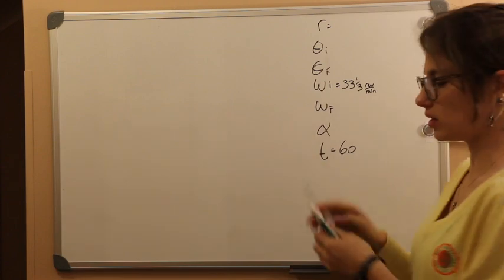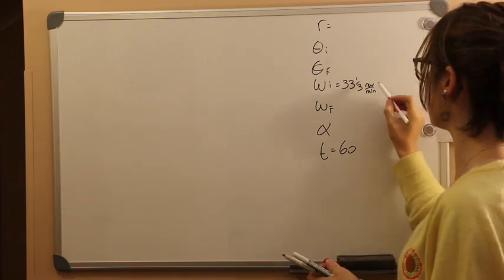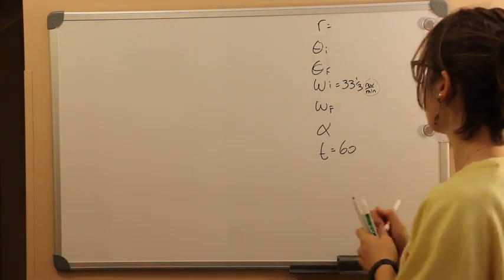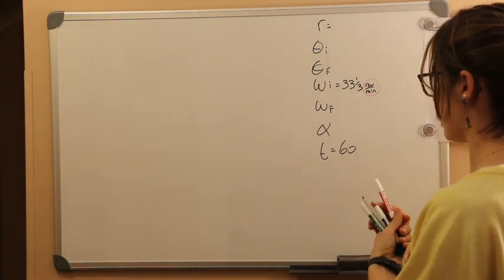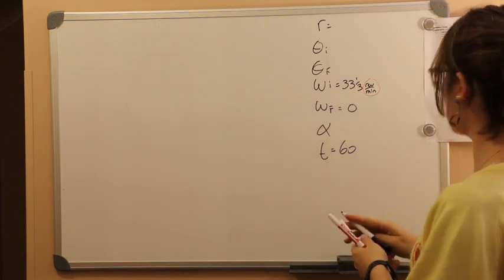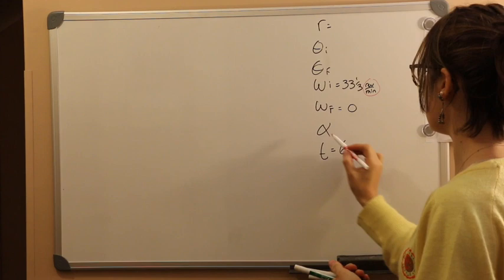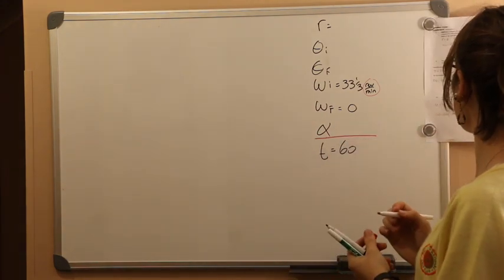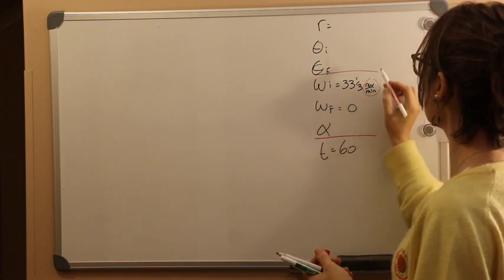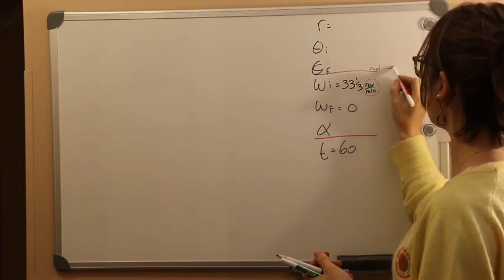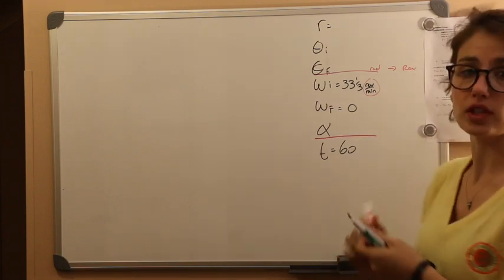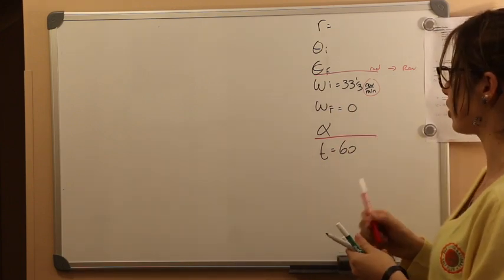Now I know that those units are absolutely no good, so I'm going to need to work on converting those into a unit that's better for us, which is radians per second. Then I'm coming to rest, so my omega final is going to be 0. My question asks me what is the magnitude of the angular acceleration and what's the number of revolutions it makes before coming to rest, so theta final. I'm going to get an answer in radians, but I'm going to have to convert to revolutions because that's what my question asks for. So the first thing we need to do is get rid of omega initial being 33